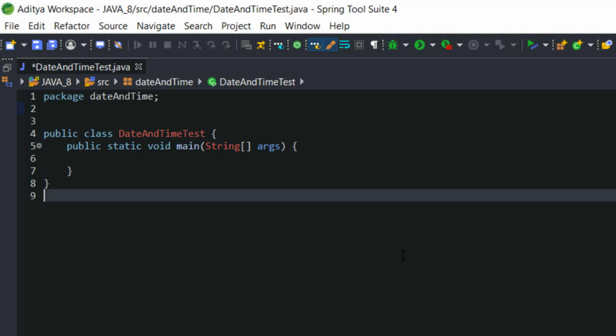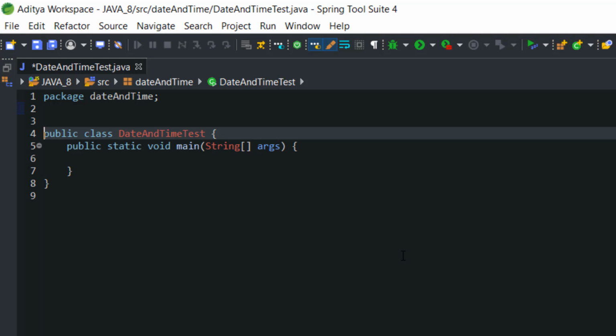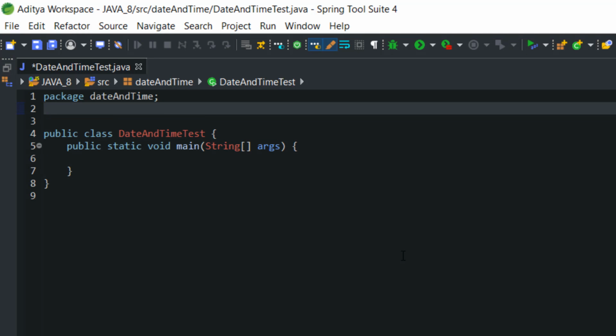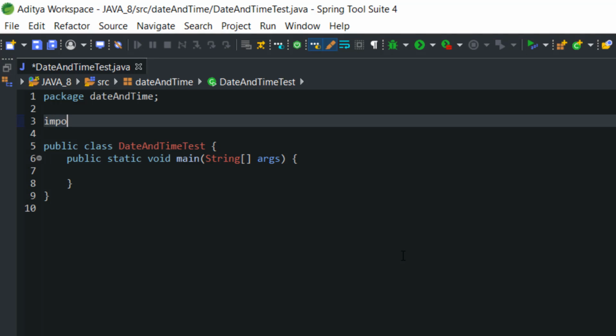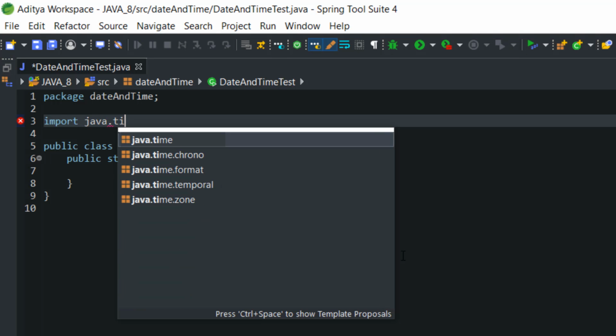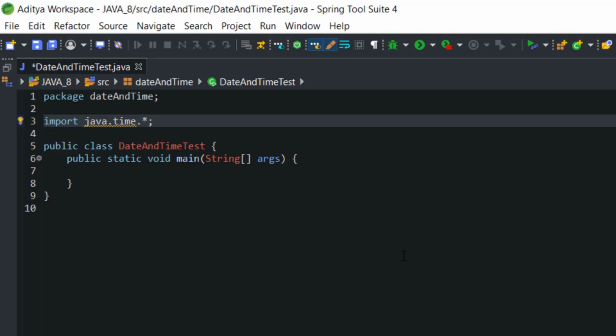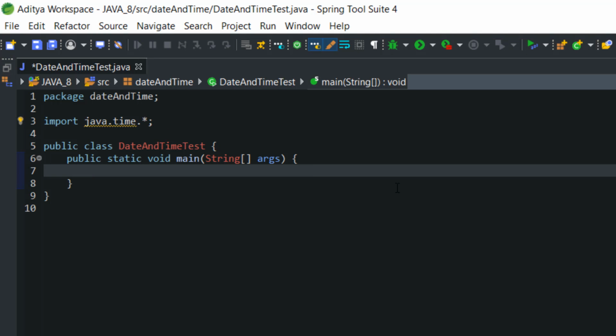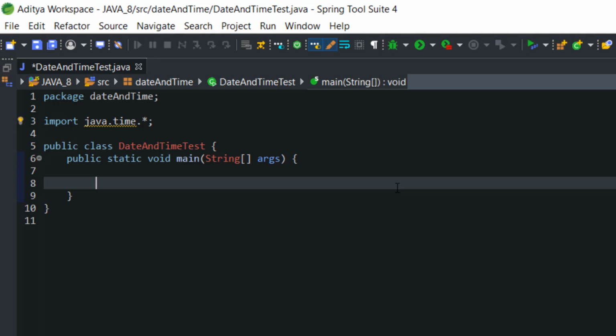So if you are using the date and time API of Java 8, then you need to import that package first. Now, the first thing that we are going to do is to learn how to extract the latest date.